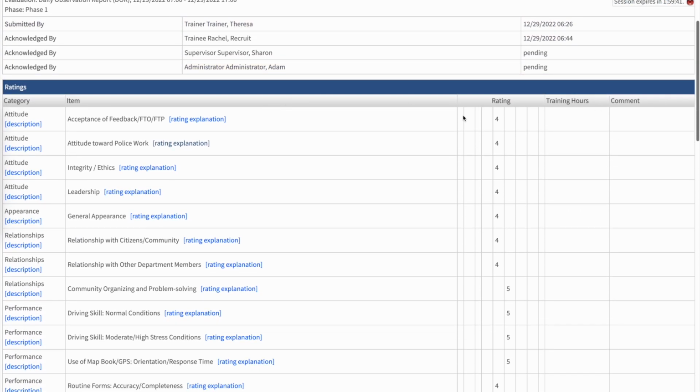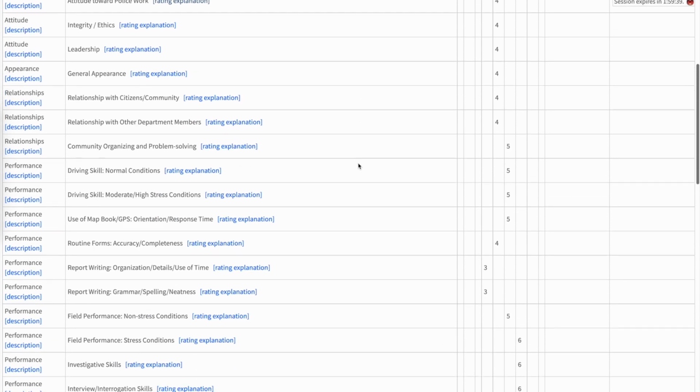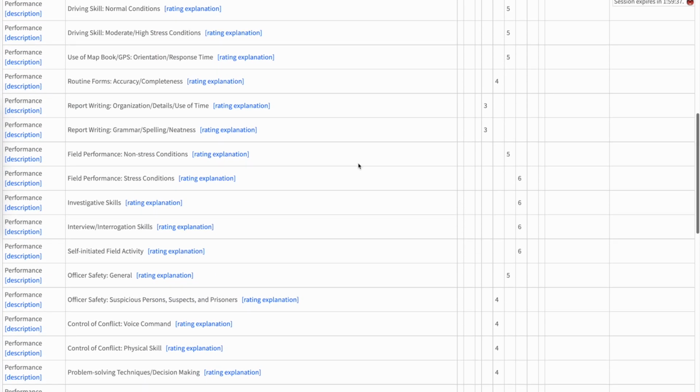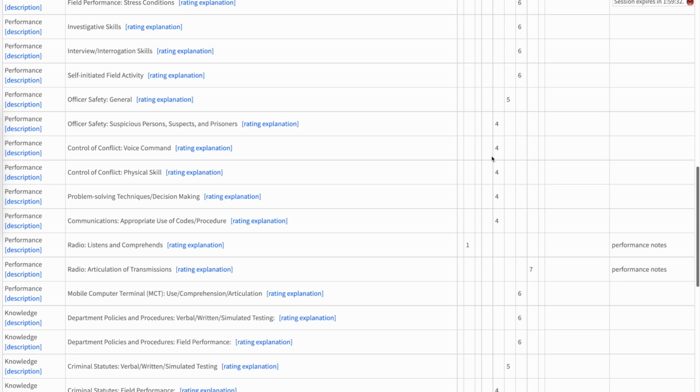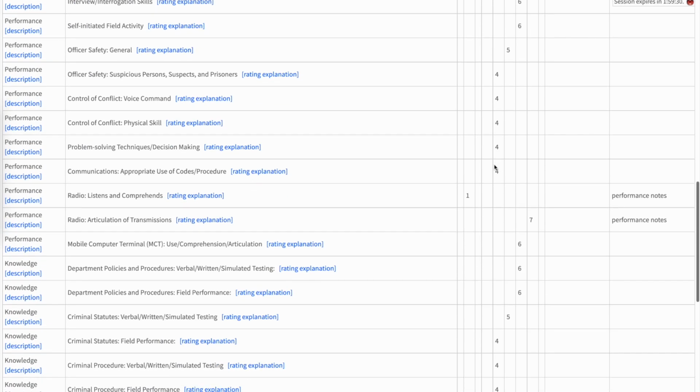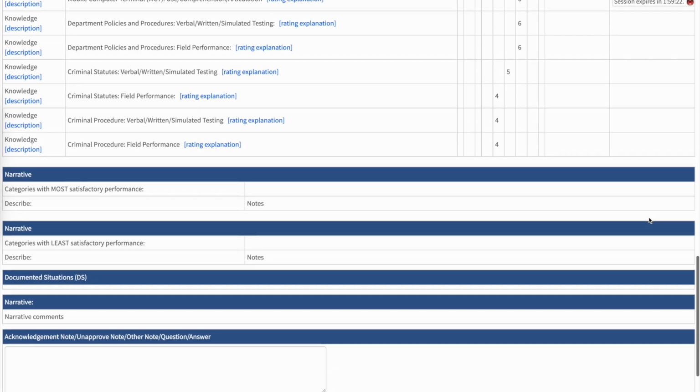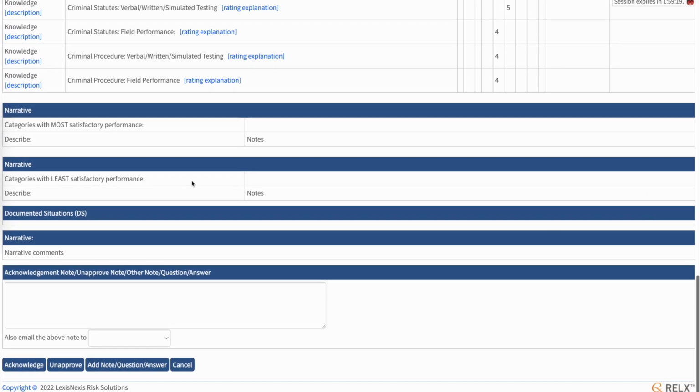It goes on a rating scale of 1 to 7 with also some not observes and some needing remedial training categories in there. But you can see what has been rated for each item. Some of them low with performance notes. Some of them received a high rating with performance notes. And down below, we had additional sections that we didn't really fill out very thoroughly here, but we had the